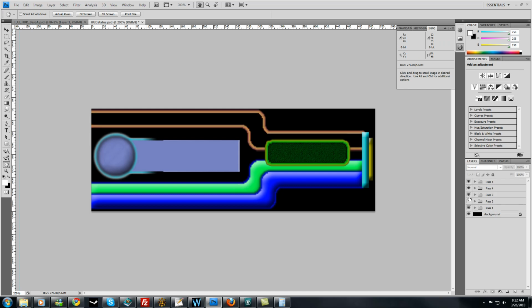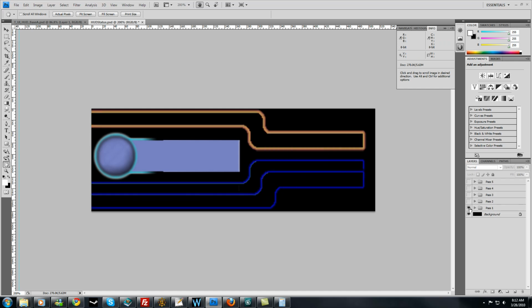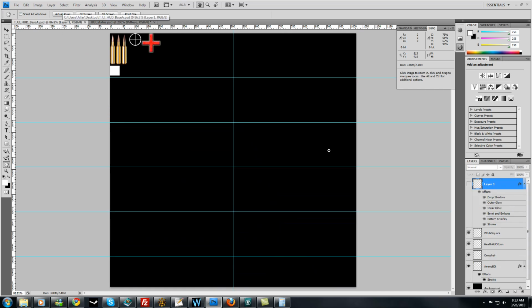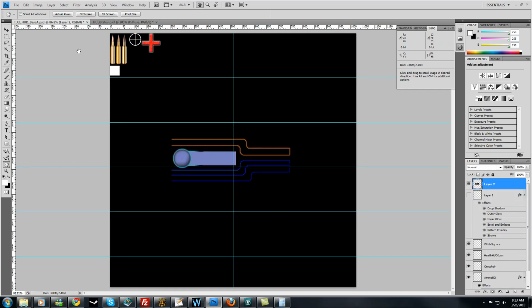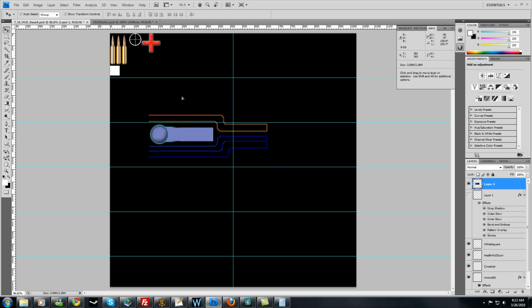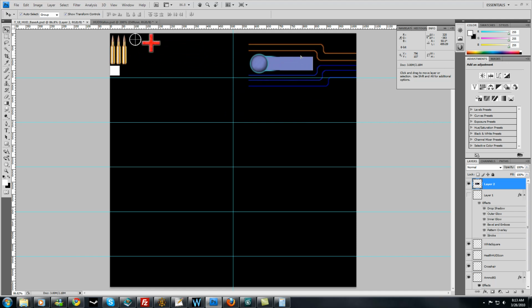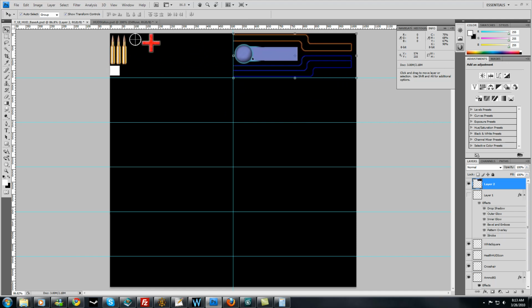And I'm going to go to pass 1, and only show my diffuse folder. I'm going to Control A, and copy merged. Now when you paste something that you've copy merged like this, you're going to get the black background behind it. If you use a black background, that's okay. We don't have to worry about that because our alpha channels are going to take care of that. So there's our